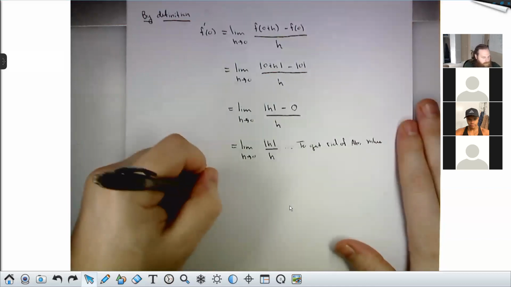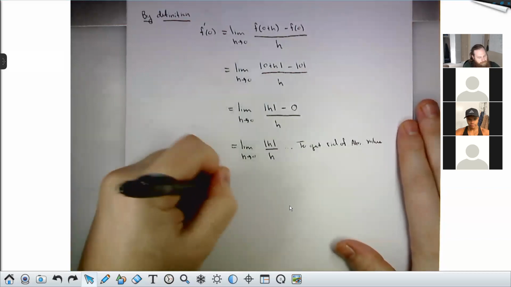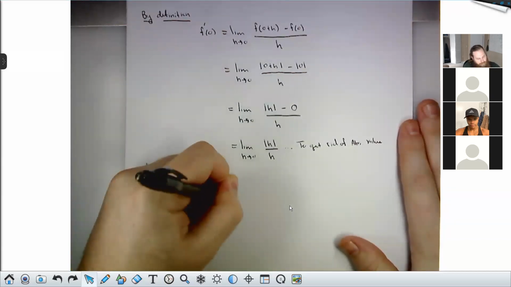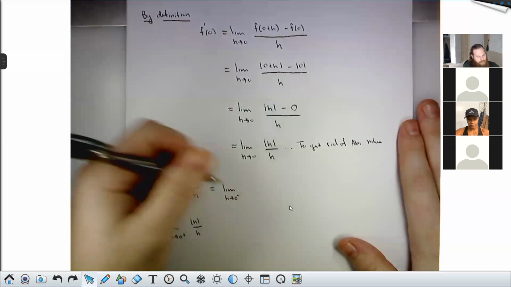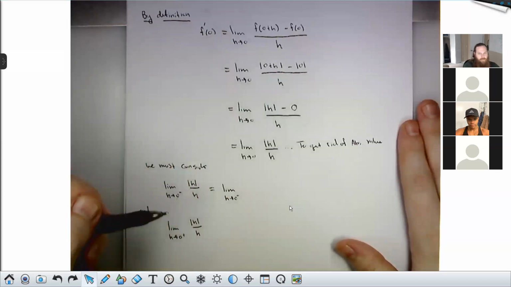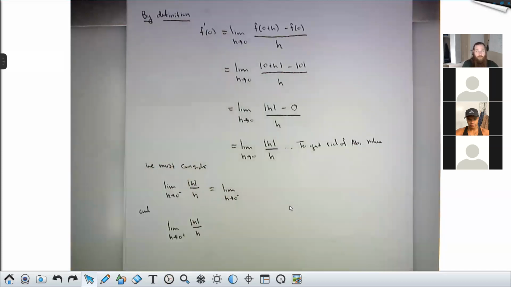If h is going to 0 from the left, that means h is negative, right? If you're sneaking up on 0, but you're coming in from the left-hand side, that means you're smaller than 0. That means you're negative. And the definition of the absolute value function